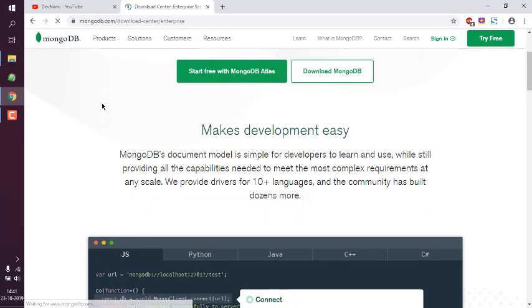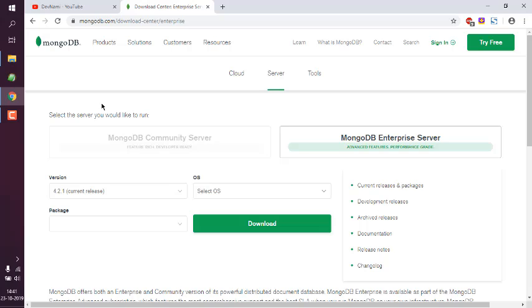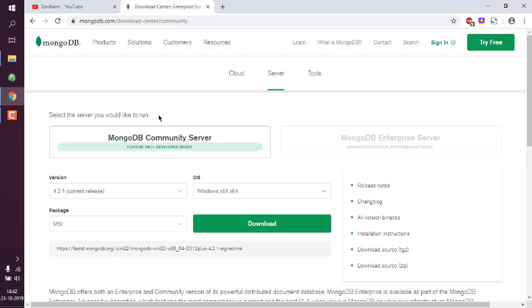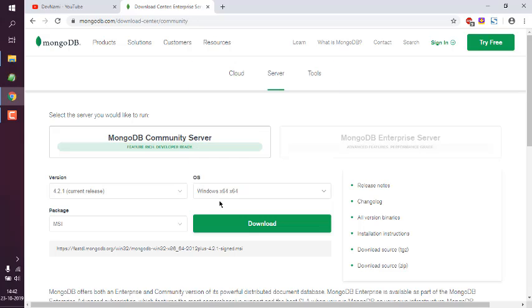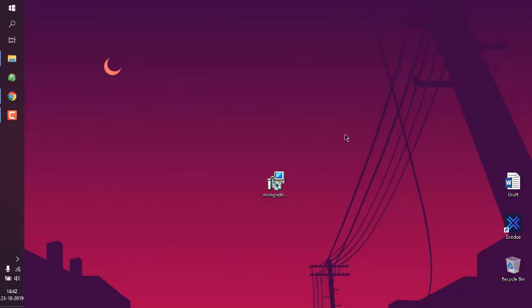Click on that and it will take you to the server download option, where you also have the option to download Community Server. Select that and then choose your operating system. In our case it's Windows 10, which is 64-bit. Click on download. Okay, that should download the installer for Windows 10. So this looks something like this. Double click on it